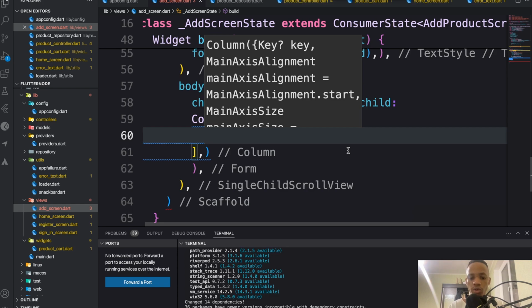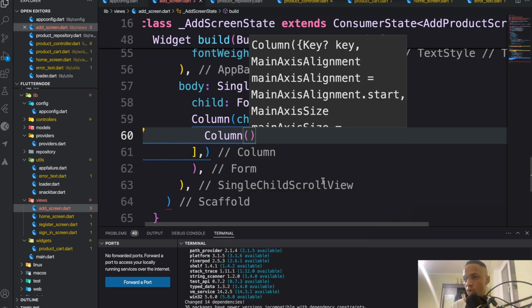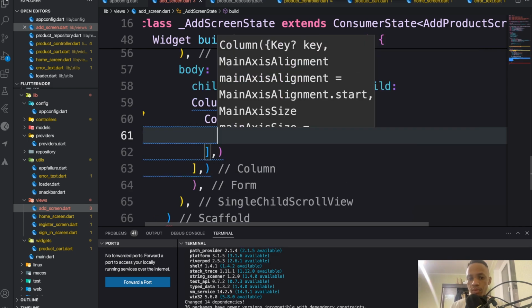And then we are going to have another column, right? So this column is going to have children,